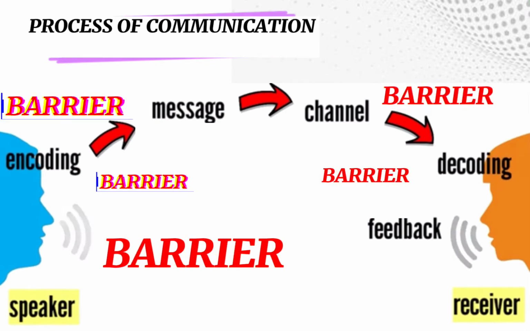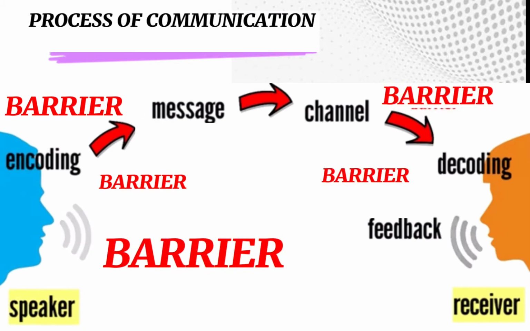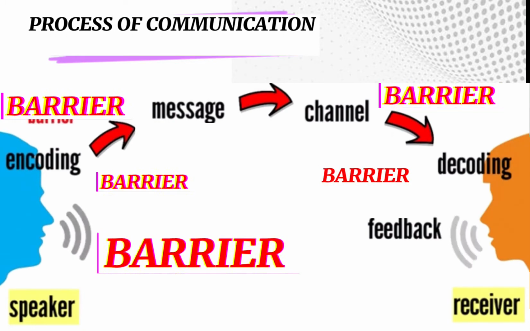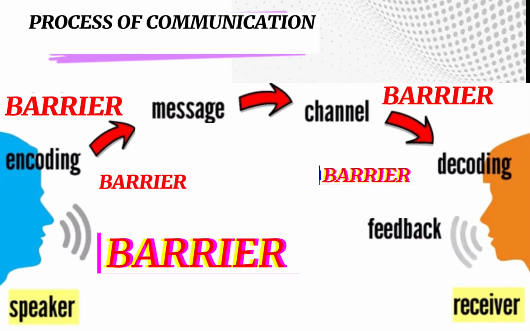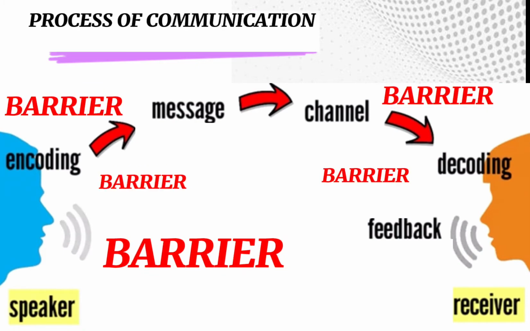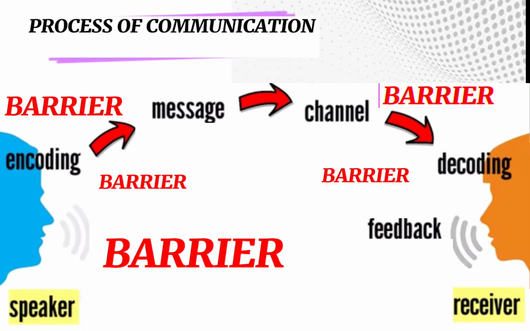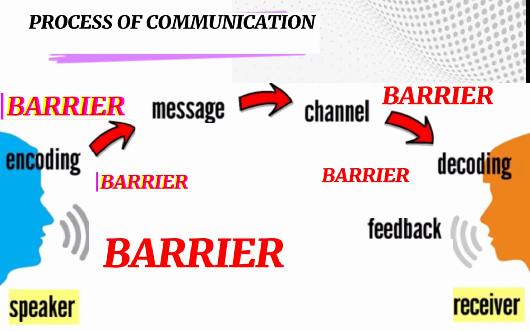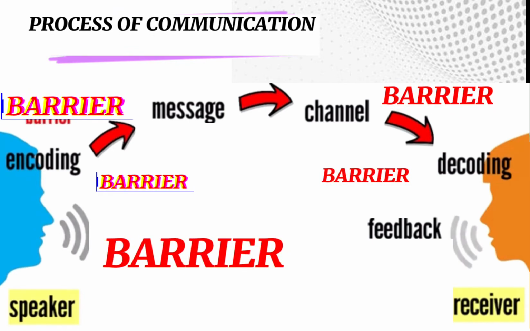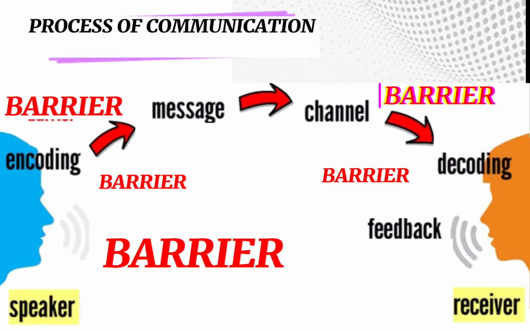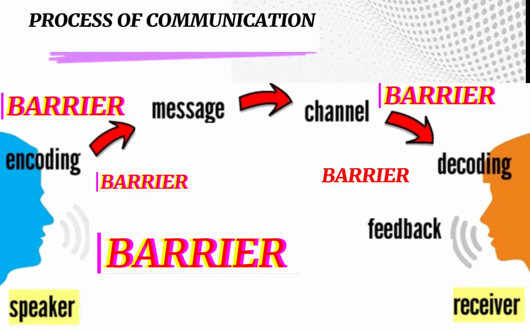When we say external, these are barriers that happen outside. It could be the sound of a dog's bark, or sound coming from a vehicle, and anything that disrupts the flow of communication. The other one is internal noise or internal barrier. This barrier happens in us. It is hard for us to control. It could be feelings, emotions, or anything that hinders the communication process.